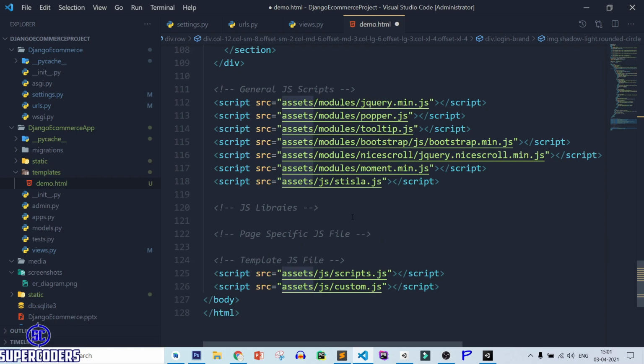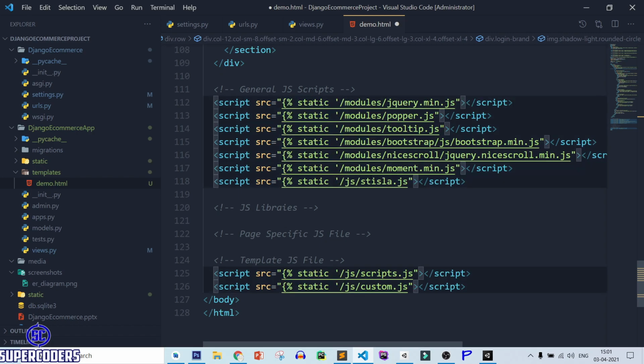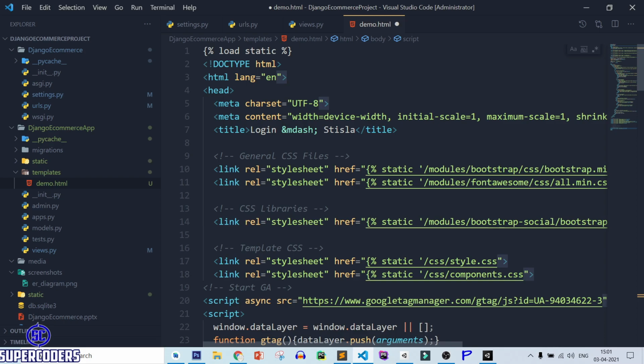You can also see the default shortcut key of VS Code for how you can select multiple texts. Now after that, paste your static. Now after that, you need to close this. So here let's select all, Alt plus J, Alt plus J.